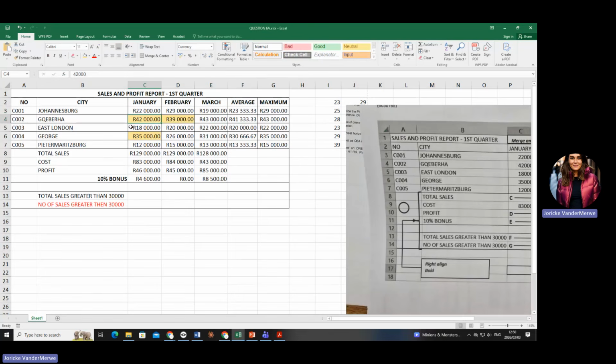Sum it up, add it up if it is a value greater than 30,000. Are you with me? It's like me asking you, SUMIF all the ages above 20. Then you're going to put up your hands. Let's say all three of you are over 20. You're going to say 21, 22, 23.